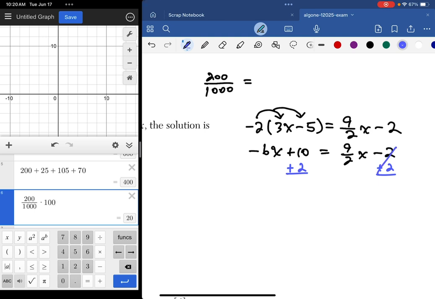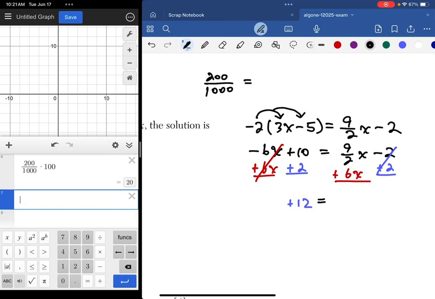And that wipes it out here, and it makes it a 12 on this side, so plus 12. This way I can add the 6x and keep my x's positive. It's really just a preference thing, but you can, like I said, go either way with it. I do need to add 9.5 and 6 together, right? So that's going to be equal to 10.5x. But if we want to keep it as a fraction, which you can go either way with that if you want.